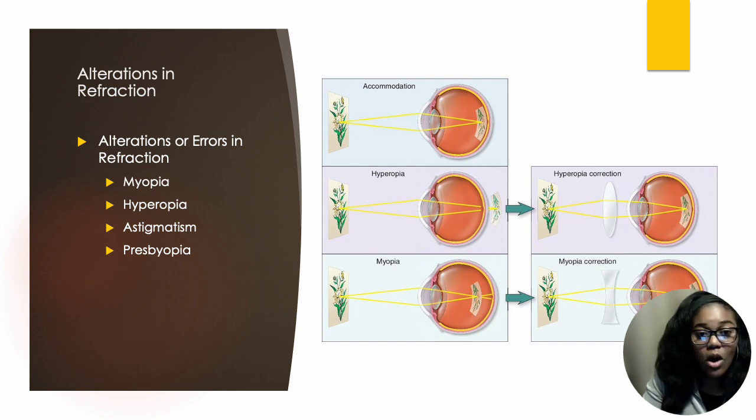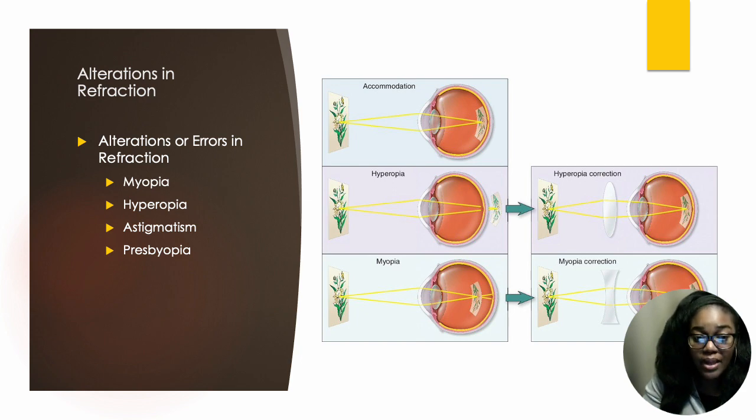The first one is called myopia, and most of you may know this condition as nearsightedness. And in those individuals that are nearsighted, they can see objects that are closer to their eyes than they can see objects that are farther away. So in myopia, the images or whatever the person is focusing on must be closer to the eyes in order for them to see. So the issue with this is that the eye is focusing on the image in front of the retina due to the lens thickness. And in order to correct this, you have to have concave lenses that help the light to diverge, which ultimately